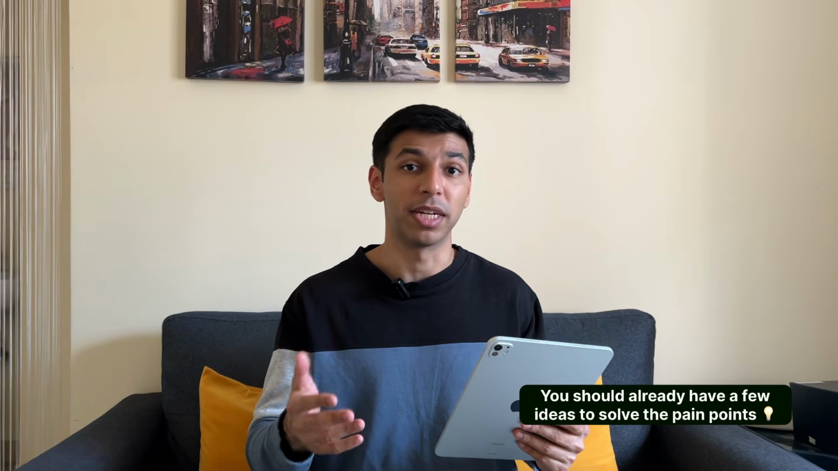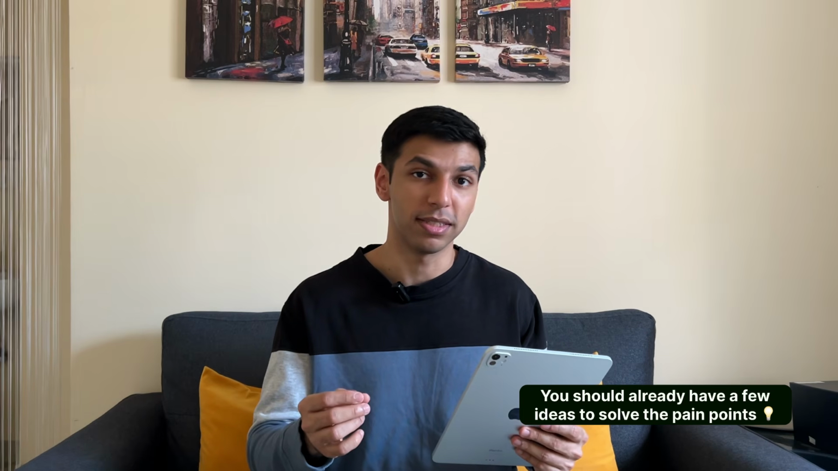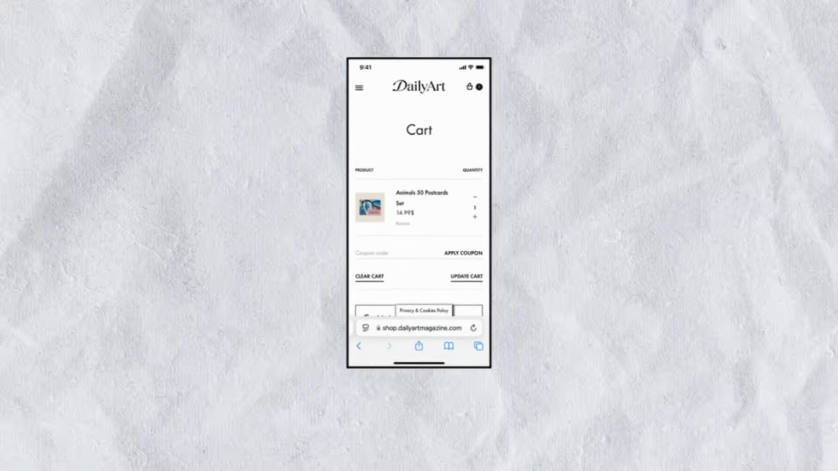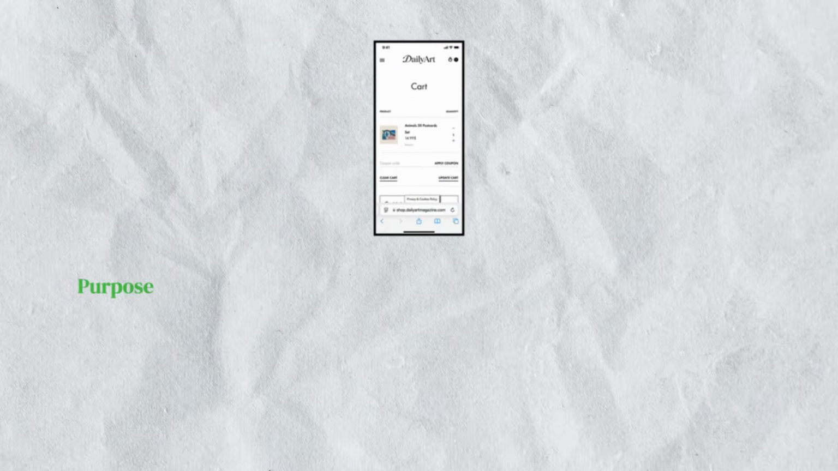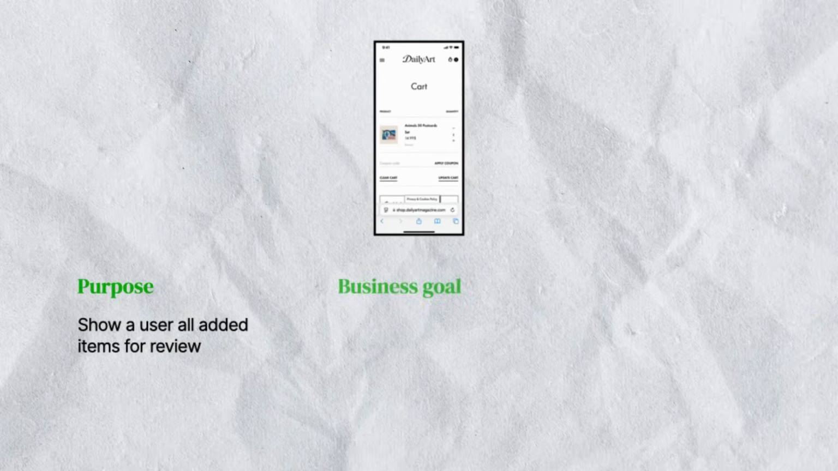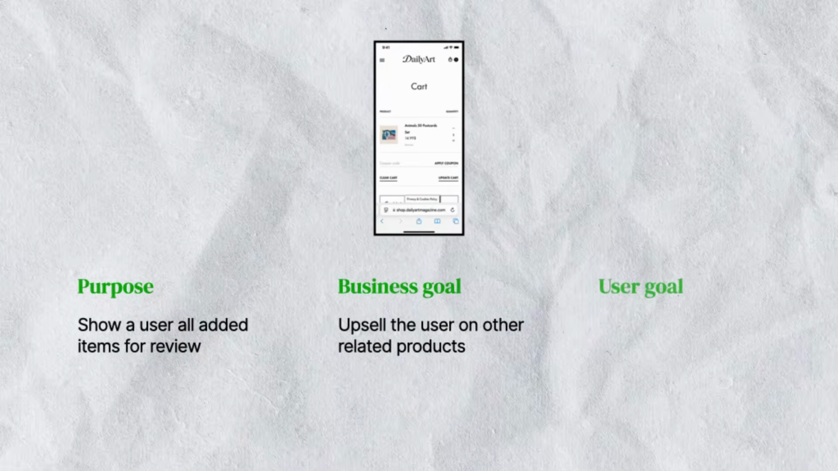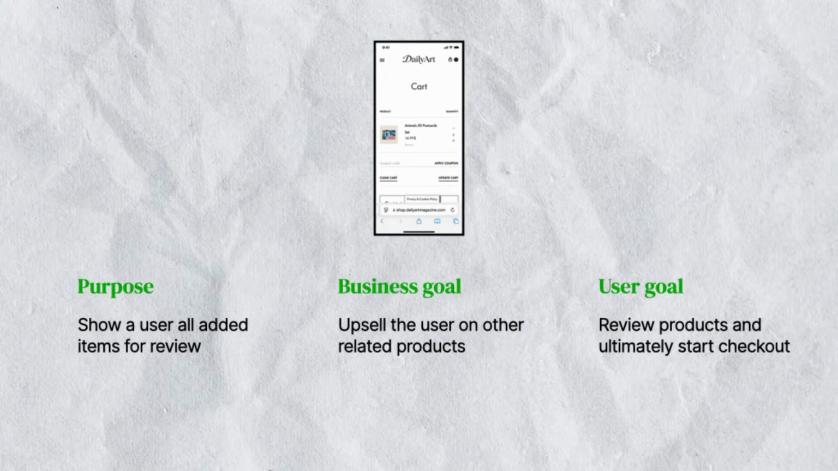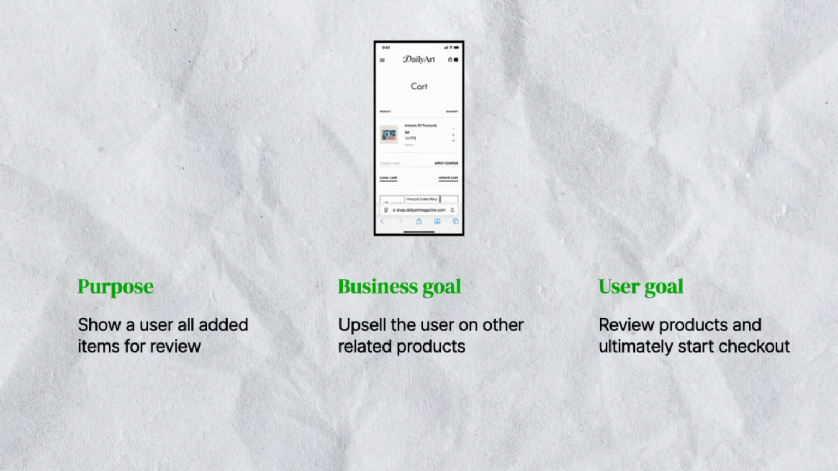Since wireframing comes during the ideation process, you should already have this data and some idea of the solutions you want to design for. Let's take an example of a shopping cart screen. The primary purpose is to show the user the different products that they have added in their cart. Also, this is an opportunity for the business to upsell or cross-sell any other related products. In addition to this, you ultimately want the user to check out in order to solve for the business metric